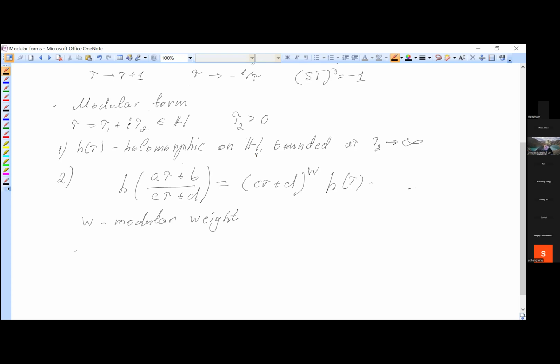So W is the modular weight of the modular form H. And from this definition, it immediately follows that H is invariant under T transformations, which implies that,